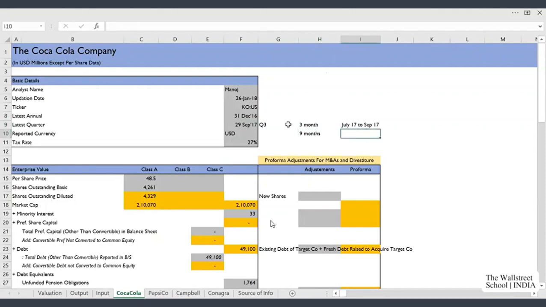So these 9 months number would be related to a period of Jan 17 to September 17. This is called current stub or current year to date number.